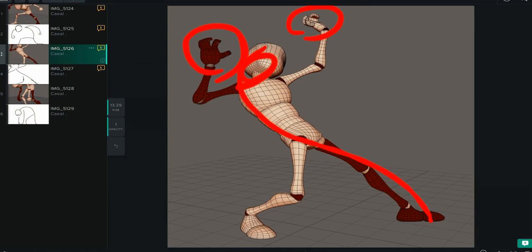So I don't have much to critique about this one other than the shoulders. So again, the shoulder points are here, and if you draw a line between them, it's straight. So you always want to try to avoid that. In this pose, it's very simple. The arm that's more up, the shoulder should be more up. The arm that's more down, the shoulder should be more down. So in this case, this arm is more up, so I would bring this shoulder up a little bit, or I would bring this shoulder down a little bit,